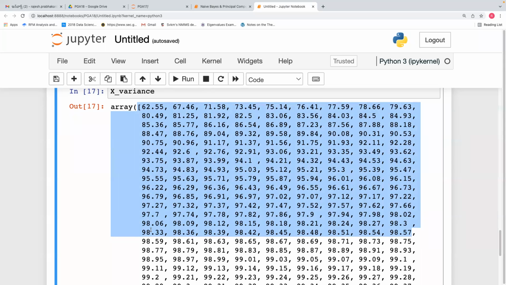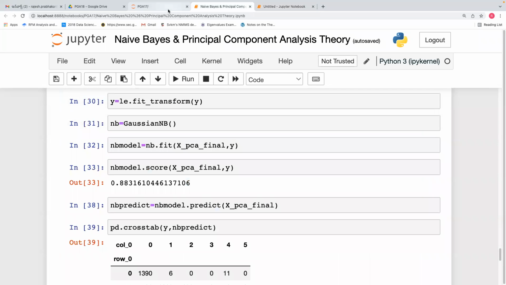But we have a number of rows as 7,352. So if we take 135 components, it meets our criteria. Or if you want, you can add 5 more components, or we say we will take 140 components. 140 into 50 is 7,000. So it will meet our criteria. So based on this, we will finalize our model